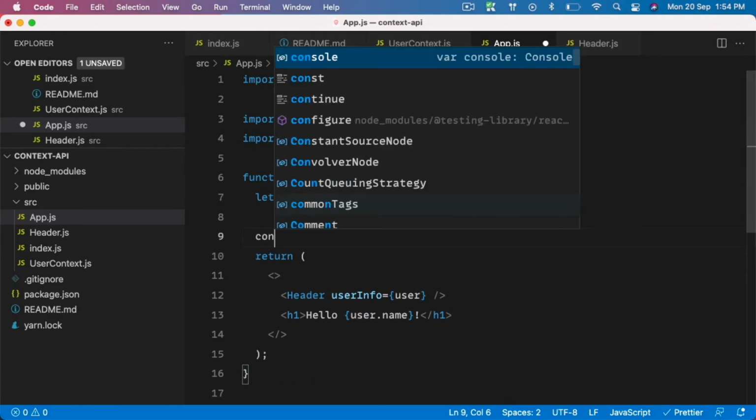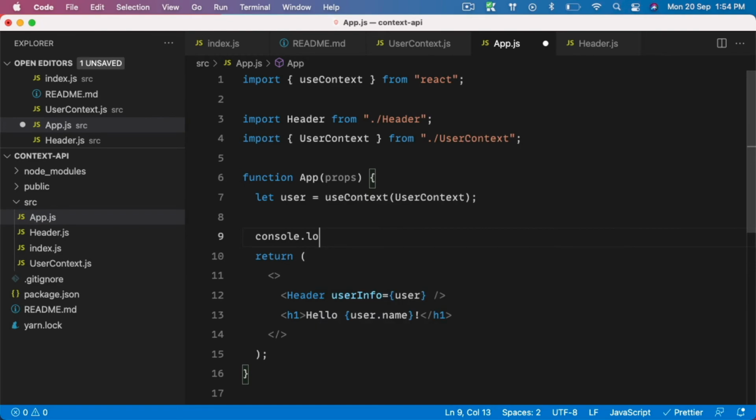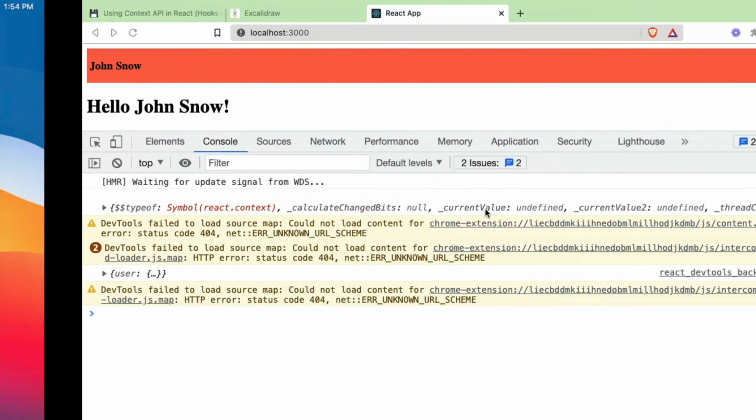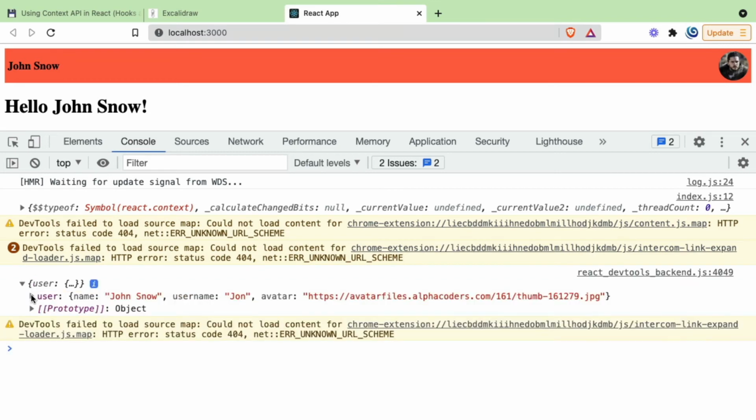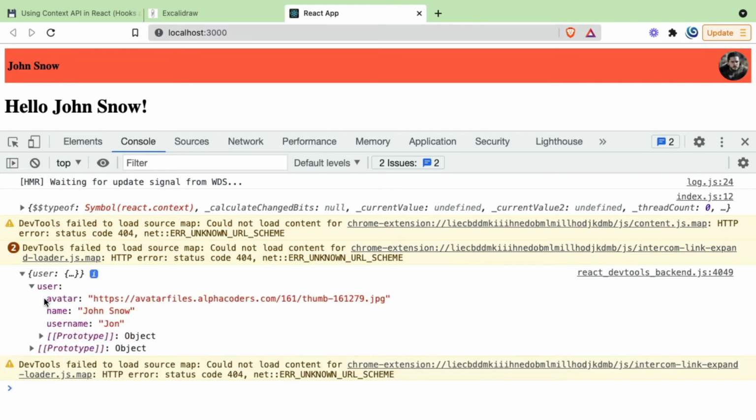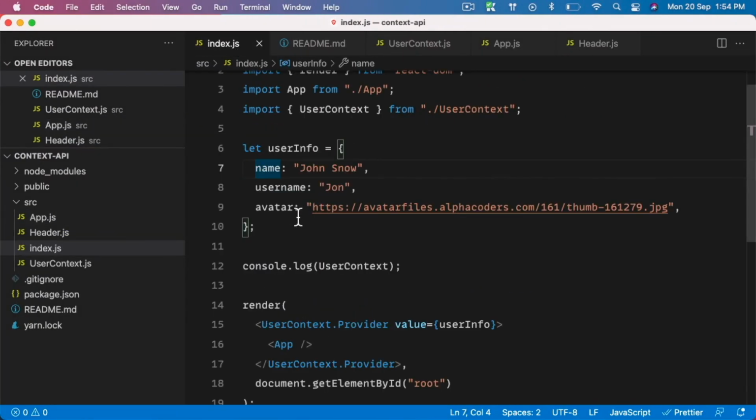If you want to take a look at it properly, you can just say console.log(user). Now I'll just go ahead and refresh it. So when you refresh it, you can see what is user. User is going to have a property that is name, username, and avatar, similar to what we give as a value to the provider, right? So I'm just going to delete this console log.